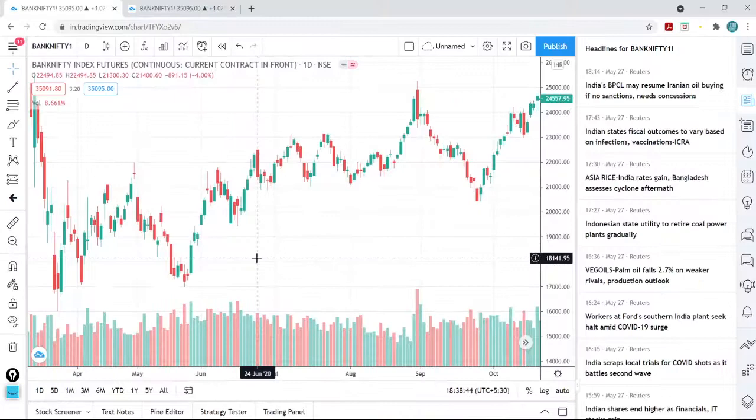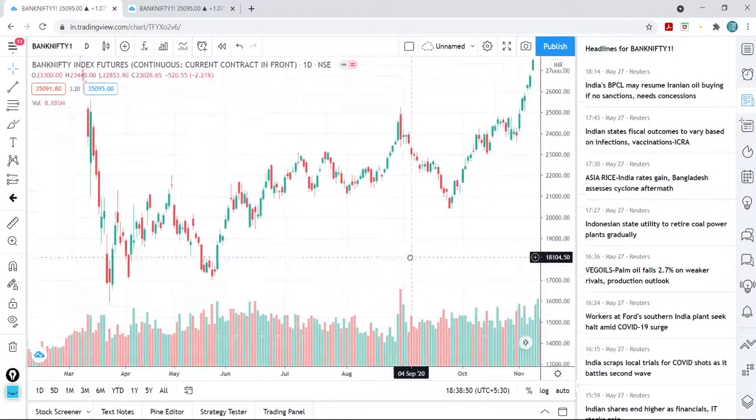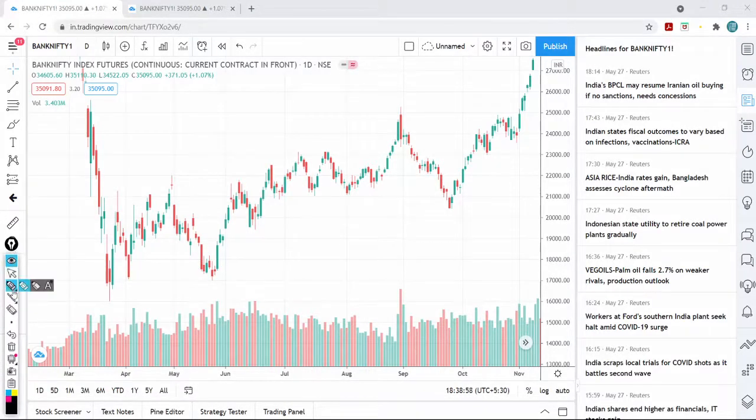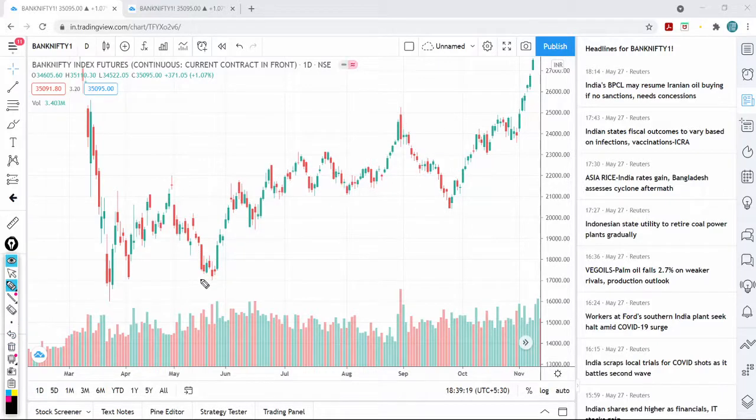First of all, how to plot a Fibonacci retracement. To plot it, you need to first identify the major up and down move, the low of the up and down move. You could see here, this is a sideways market and then an uptrending move, small down, up, down, up, down. So this is the point from which the steep down move came. These are all small down moves when compared to this bigger down move. So what we need to choose is the bigger range. This is the low and this is the high of the bigger range.